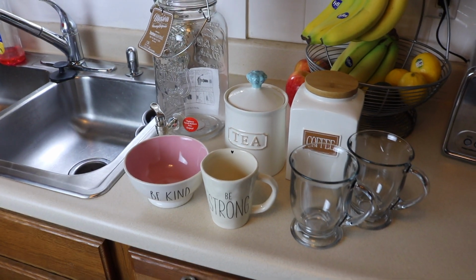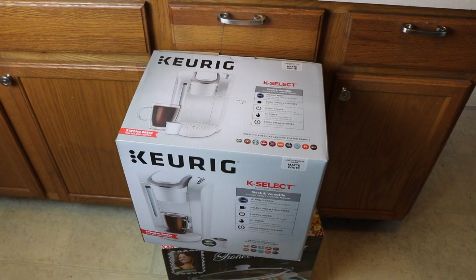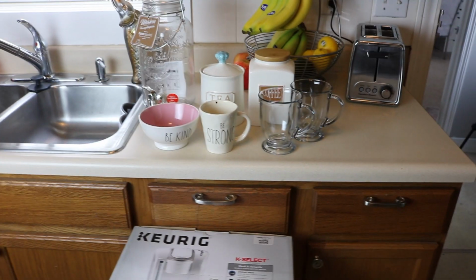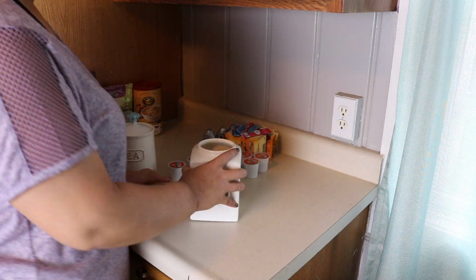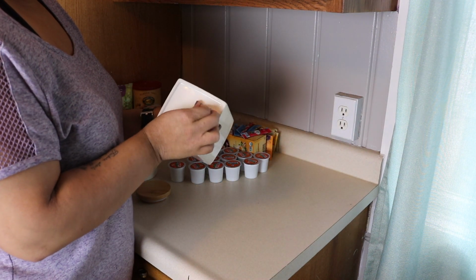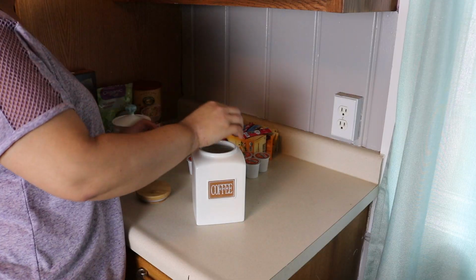It's a little beat up, but what I'm going to do is go ahead and organize and get this stuff together and put it where I need it. So if you guys want to watch a little bit on how to organize with me, then keep watching. Alright guys, so to start cleaning, I just started to take off the stickers of the canisters I bought